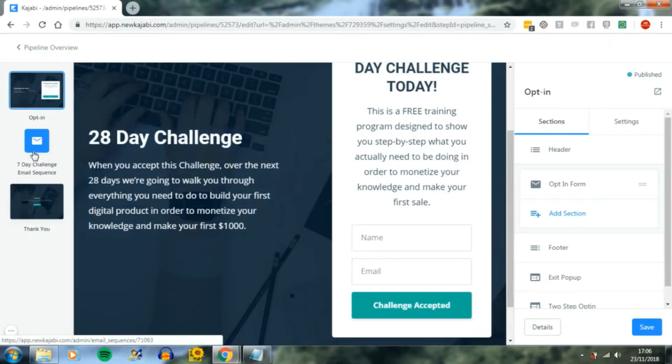it will automatically send them, on the left hand side here, the first email in the sequence. You can leave it as it is or you can change it, but I'd recommend you always change it to something that's more suitable for you and your audience. And you've got the thank you page here. So the thank you page,